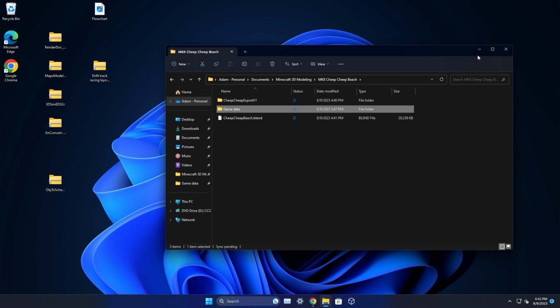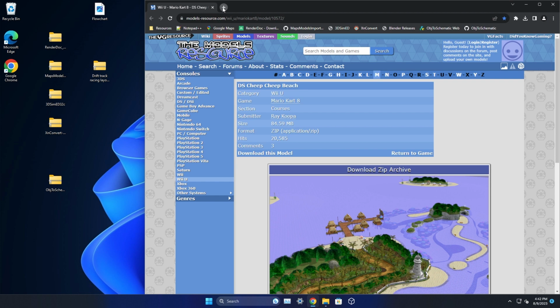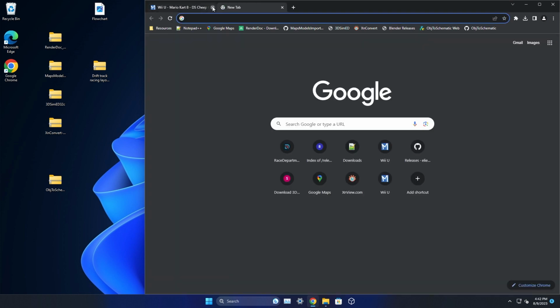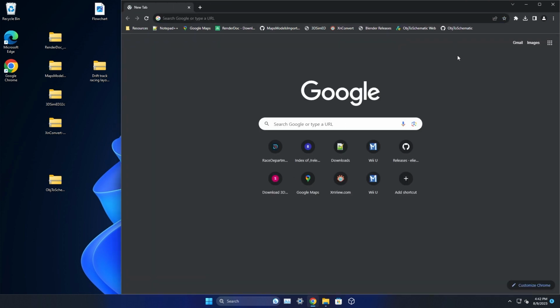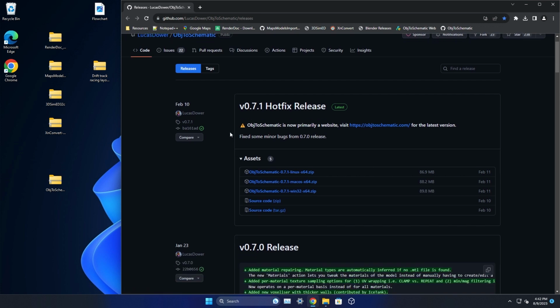Now, let's move on to ObjToSchematic. This is a great program that I found out within the past year or so that basically lets you convert any 3D models you find into Minecraft. The way ObjToSchematic was initially developed, it was made to be an offline program, which you can see right here on the GitHub page for it. It has different releases, and the latest one was